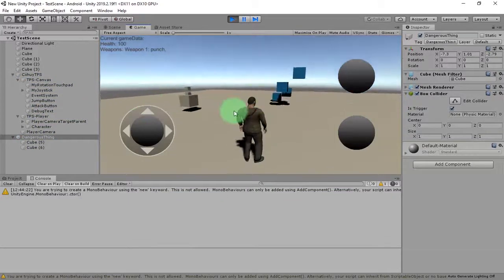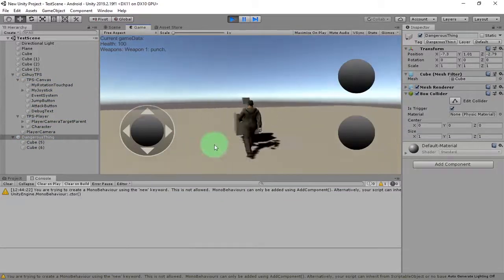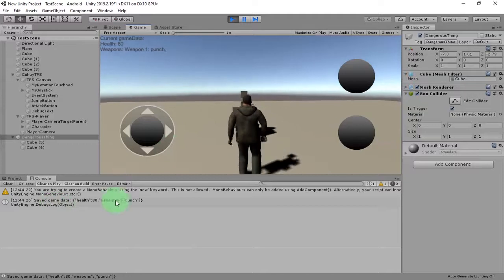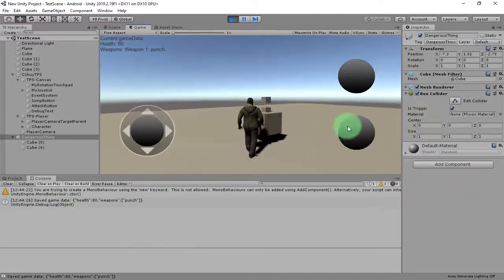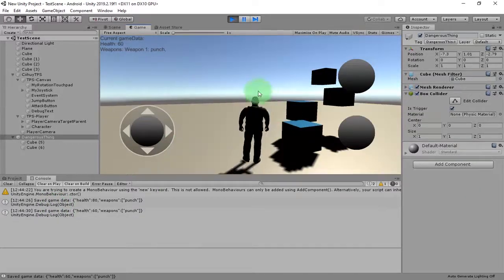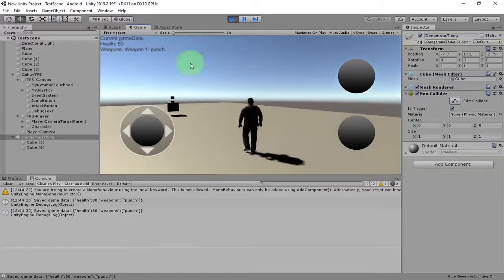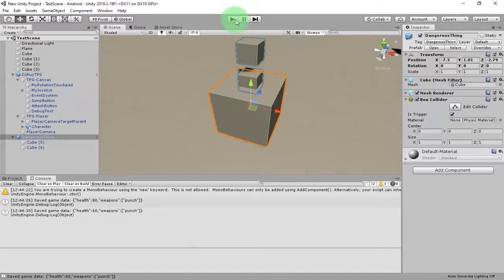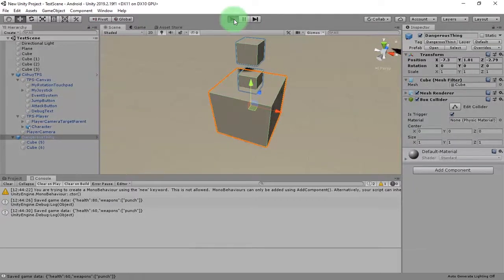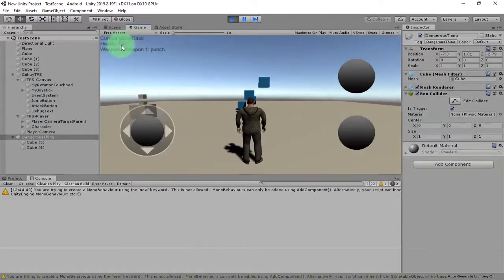To this point, we already did a game data saving mechanism. We did not create a mechanism to load the saved game data. That's why if we play the game again, we will not see the saved game data because we did not